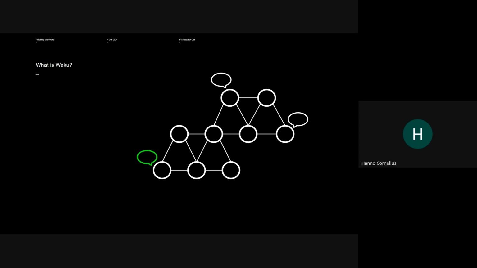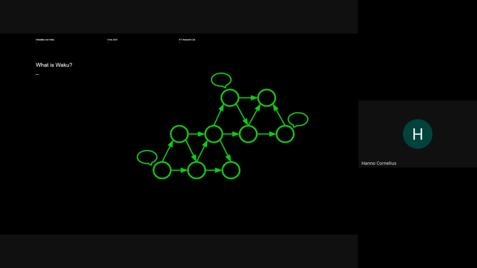So maybe if we look at the green speech bubble here, it wants to send a message to the other 2. So it can use a Waku node as entry point, and then Waku is responsible for making sure that some kind of broadcast routing happens until eventually the other instances of the application can receive this message that was published, right? So note that this is completely privacy preserving. In other words, all of these Waku nodes in the middle of the topology have no idea what it is that they are routing, where it's coming from, where it's supposed to be going. They don't know how many intended recipients there are. This is completely agnostic on the Waku layer.